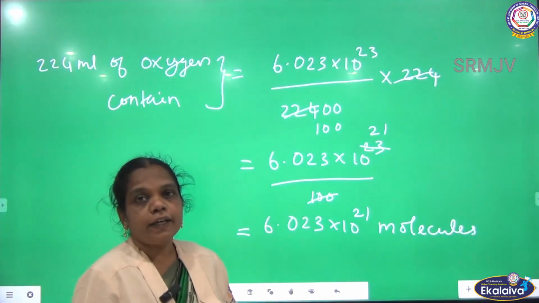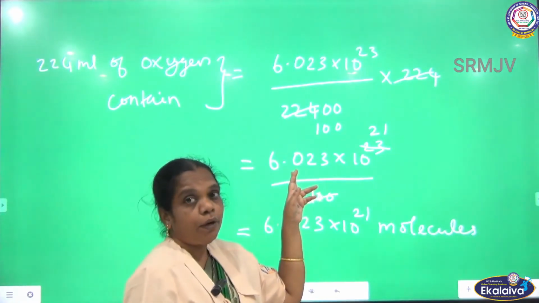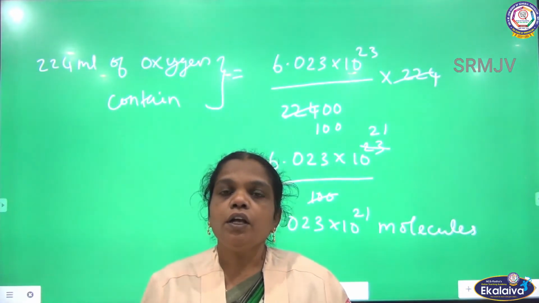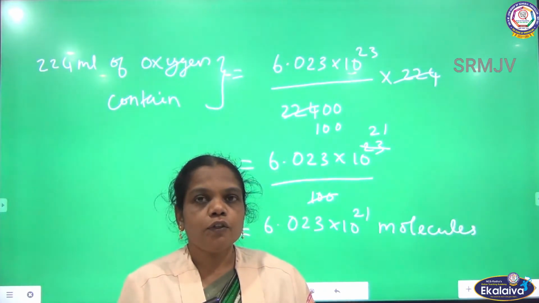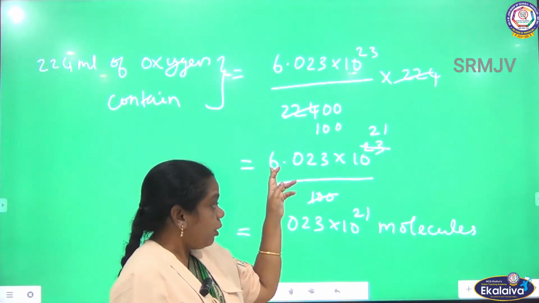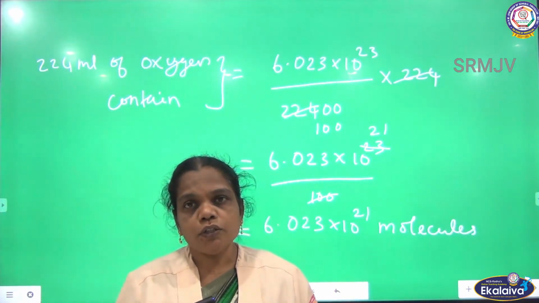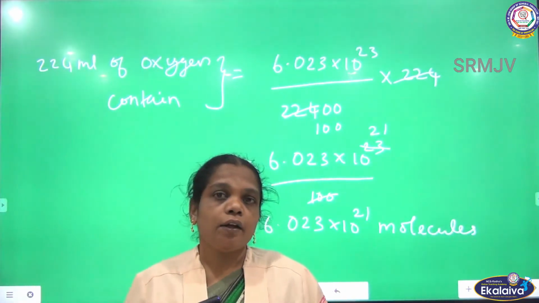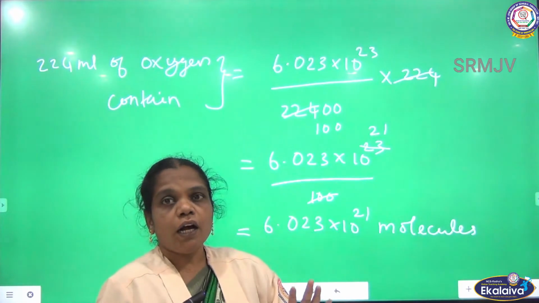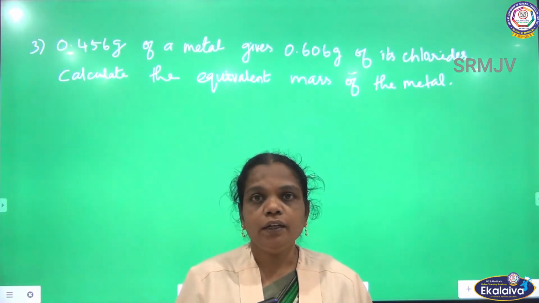Based on this you can calculate the number of molecules, because the basic one is the number of particles can be calculated from 12 gram of carbon 12 or 1/12 part of carbon 12 isotope. So by the Avogadro number, from this we are going to calculate the number of molecules. Number of moles means the given mass divided by atomic mass. By this you can calculate the molecular mass as well as atomic mass. And next, you are going to calculate the equivalent mass of the given element.